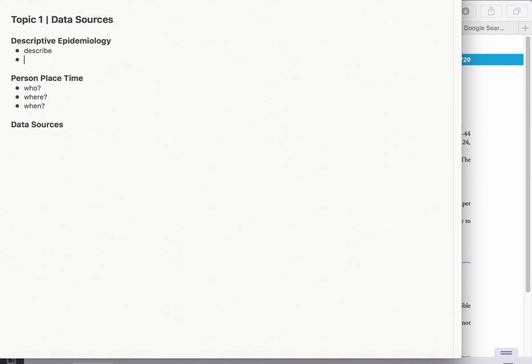Now, versus analytic epidemiology, which is not what we're studying here, analytic epidemiology is looking at cause. And so we're looking at the cause of, or the why. Why are people having this particular disease? What are some of the things that are maybe associated with it? If we look at the causal pathways, why would that cause